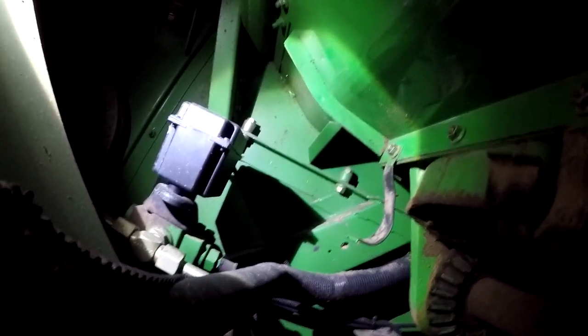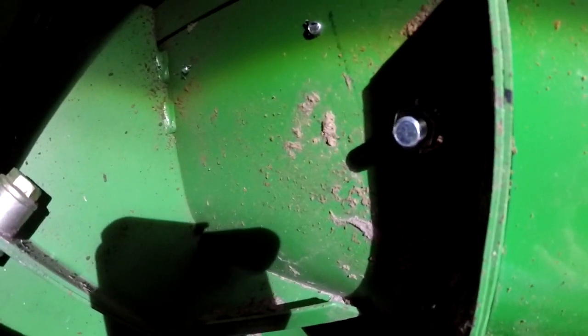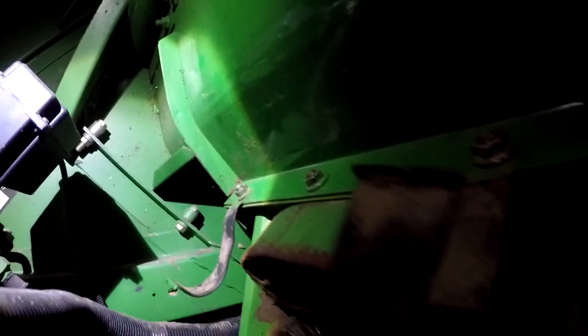The right side is all tight, so I'm over here on the left side now, and through the magic of any cameras that are smaller than my head, it's going to be dark. Ooh, you can't see the end of the bolt there. This is the front trough right here, and not too bad to get to. I got both of these tightened without much issue. However, the other trough is